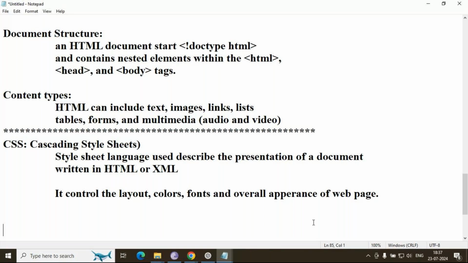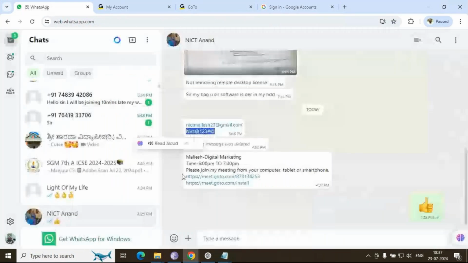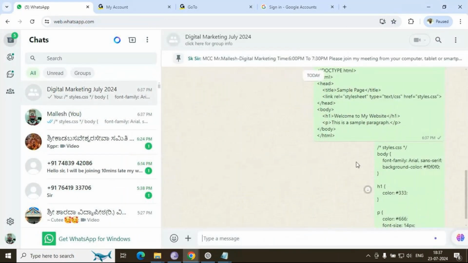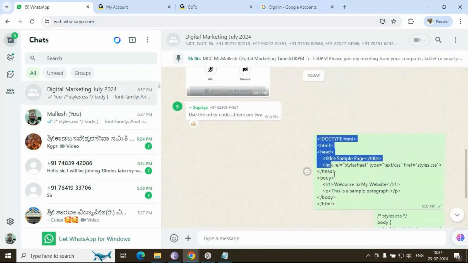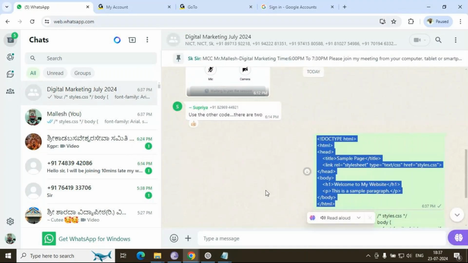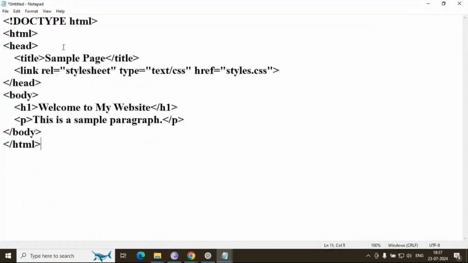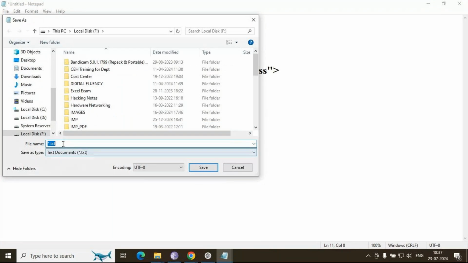So just for example, I am sharing these two codes in the WhatsApp group. So just you check out. What I'll be doing is copying this code, opening one notepad like this and pasting it here. Go to Save As, and you write home page,